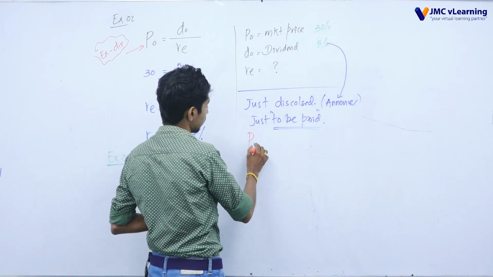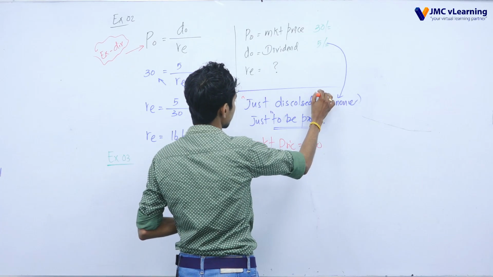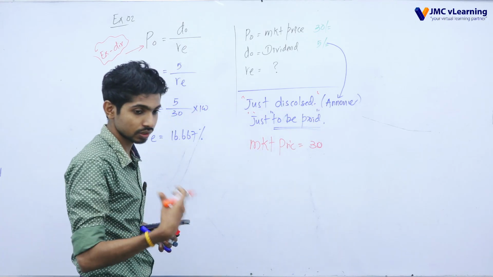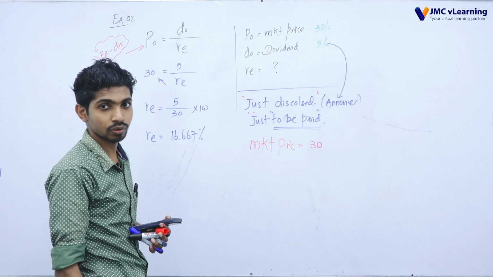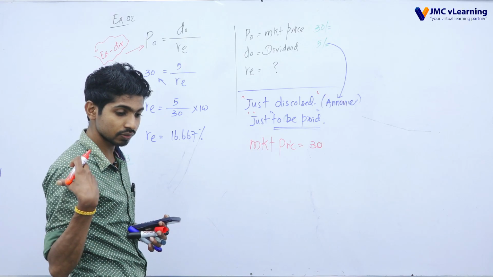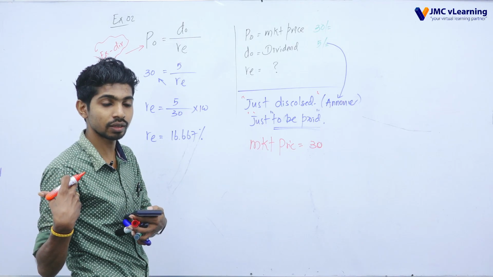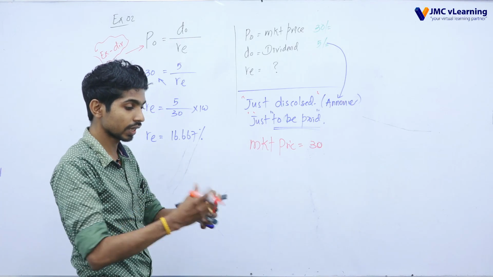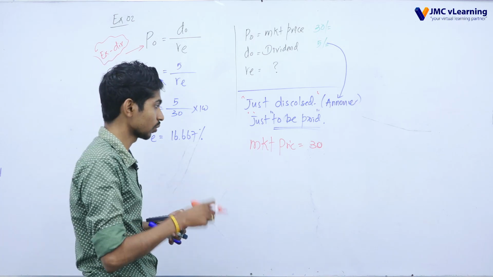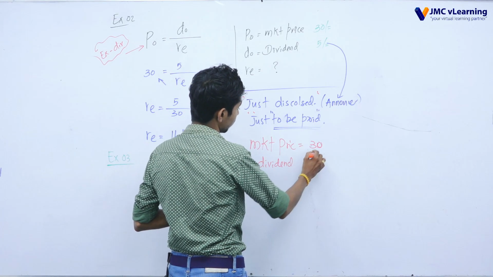Then the price, that is the market price 30, just disclosed, so to be paid means that price included the dividend. That means if a particular investor tries to sell the share, the market price of 30 means they have still not received the 5 rupees dividend. If we sold, we are not in a position to collect that dividend, so the investor tries to get the 5 rupees on behalf of the new investor, then it will be included. Then we have to remove the dividend amount as an investor.